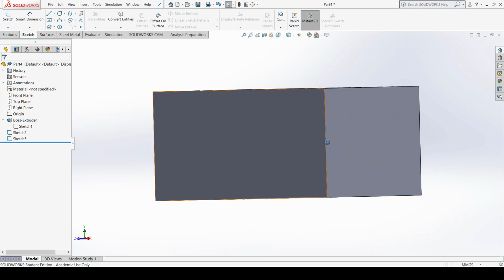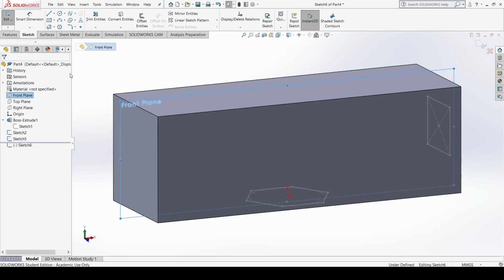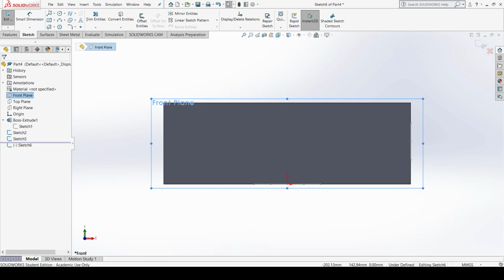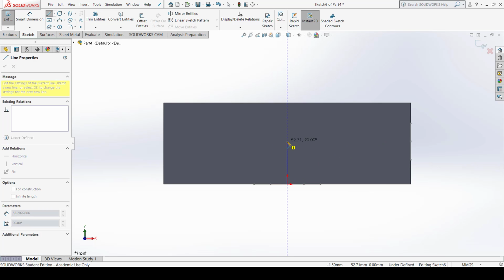Now there are two sketches, one is a hexagon, another one is a rectangle, and I want to create a cut inside this component by joining these two elements with the help of a centerline parameter or centerline curve. Okay, so what I do, I just select the front plane first, go to sketch, control it, and create a centerline from this origin to the end.